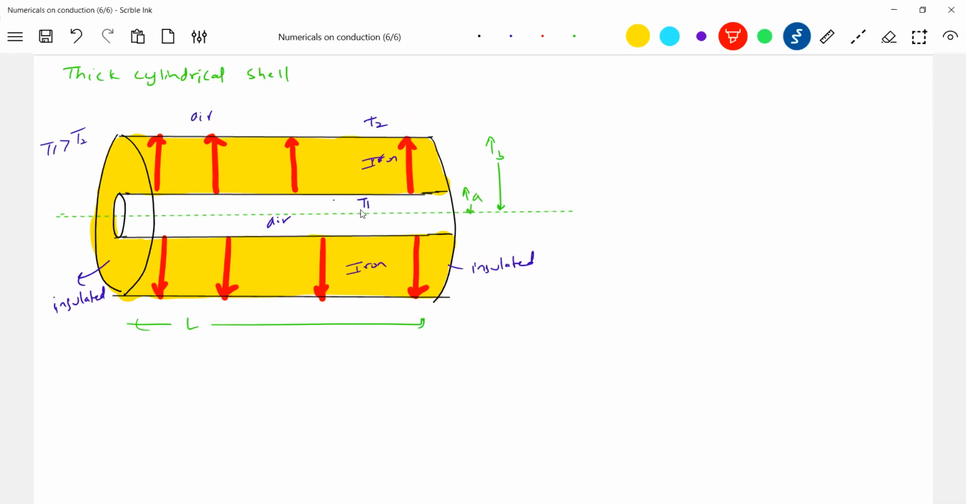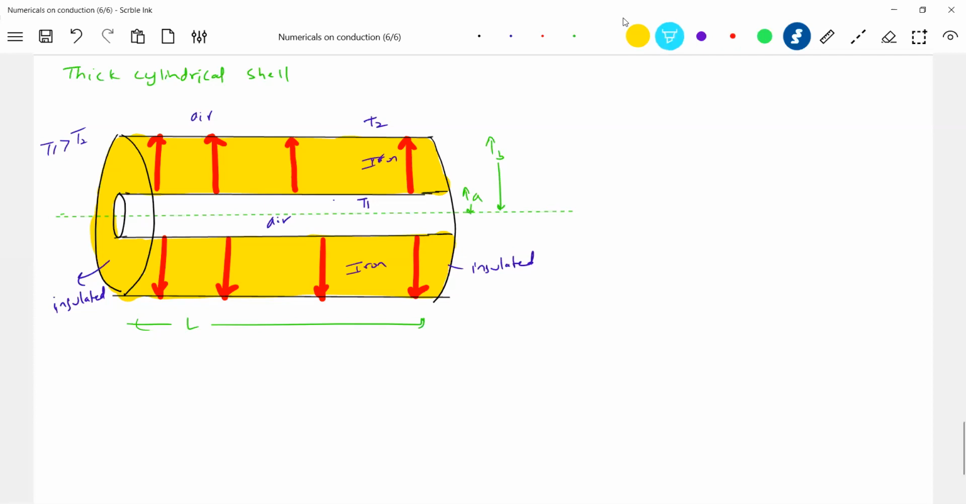What are the red colors? Direction of heat flow. Tell me what I should assume for this elemental structure. Anybody? Cylindrical shell. Thick cylindrical shell. A thick cylindrical shell has to be assumed here. So the thick cylindrical shell